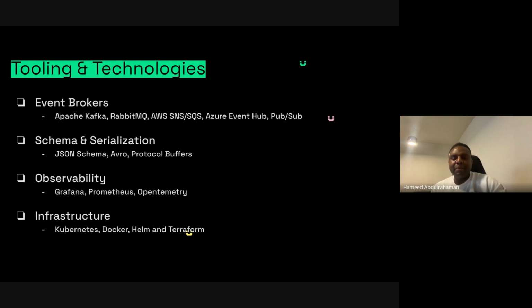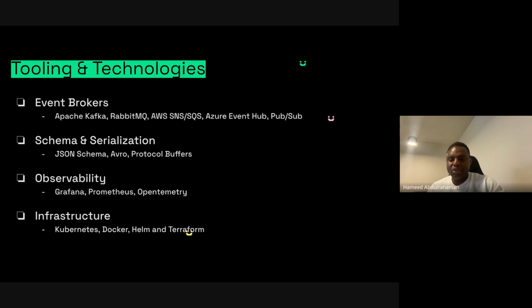Then we have the schema. The schema has to do with what kind of representation of data you're outputting. We have JSON, Avro, and Protobuf. Depending on the kind of data you're communicating within your system, that defines the kind of data schema you use. You can use JSON, which is very popular across APIs, or you can use Avro binary when it comes to very big data transfer, and Protocol Buffers if it's binary data.